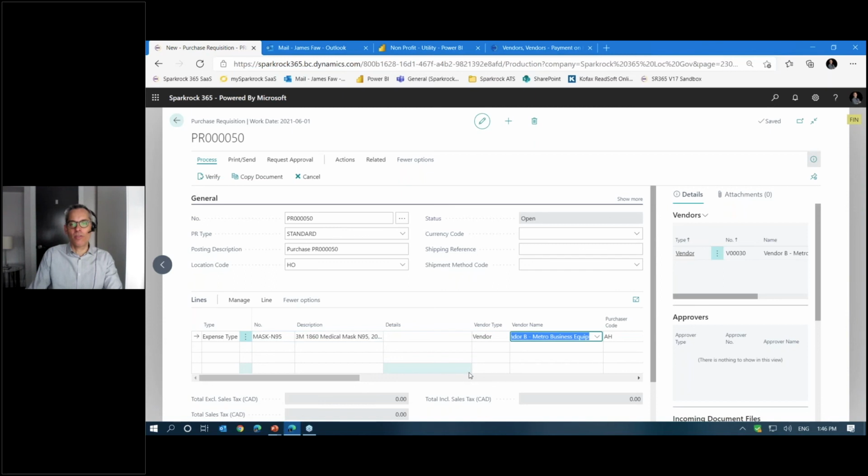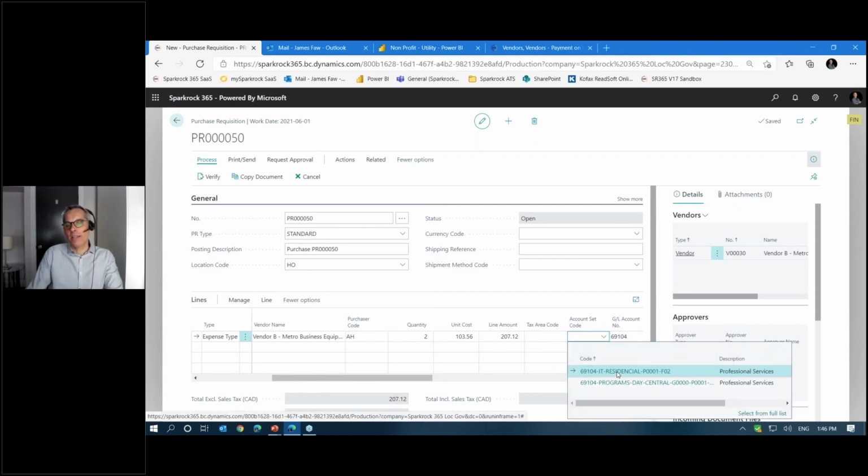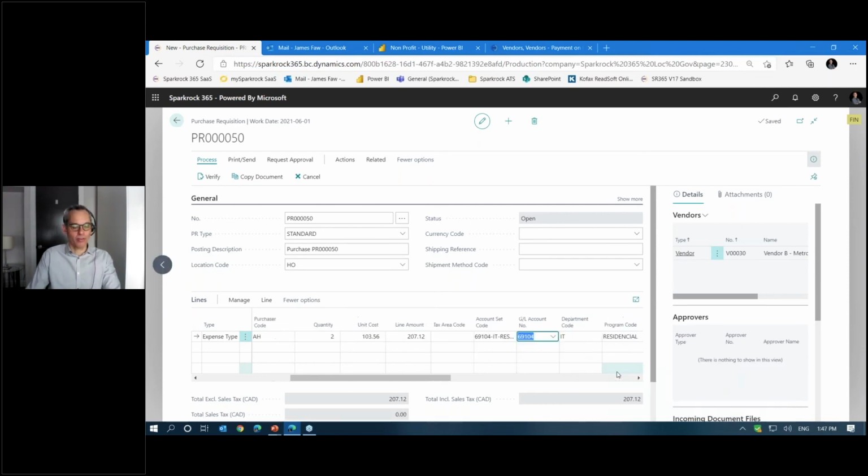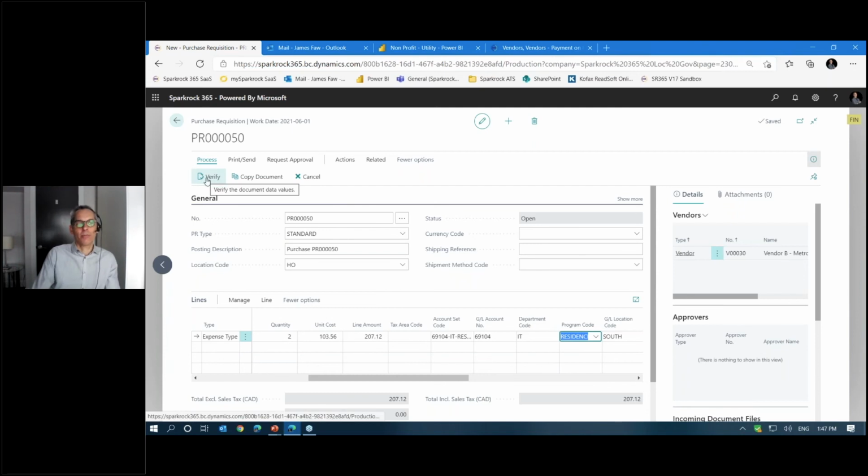I can select those values and put in some basic information here about it. And I can identify even where I'm going to charge it to. In this case, it's only giving me options that I'm allowed to. So I can only charge it to a program or department or function or whatever it is in the general ledger that I have access to. So it reduces the opportunity for me to charge it to something that doesn't make sense or somebody else's department.